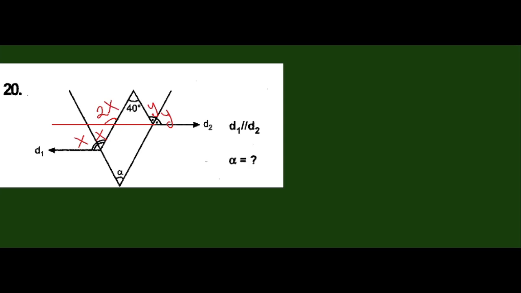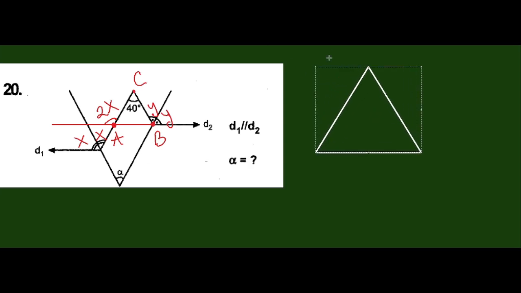And let's draw the triangle here, A, B, and C. If this angle is 2x, this angle will be equal to pi minus 2x. So 180 minus 2x means